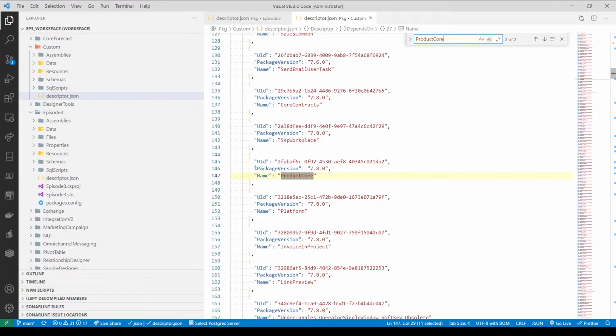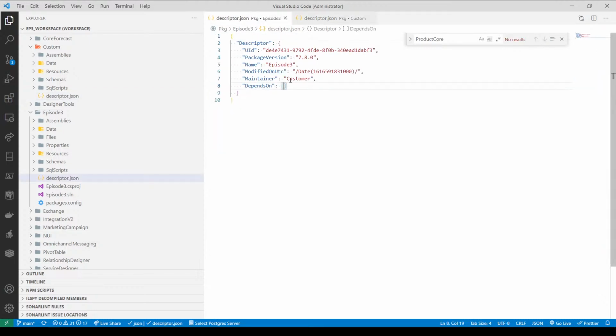But what I want to do is simply use this product core. I'm going to grab this file just like that, and I'm going to put it inside my descriptor. Okay, so I'm just going to do it this way. At this point, my dependency is configured, and I can now go back into